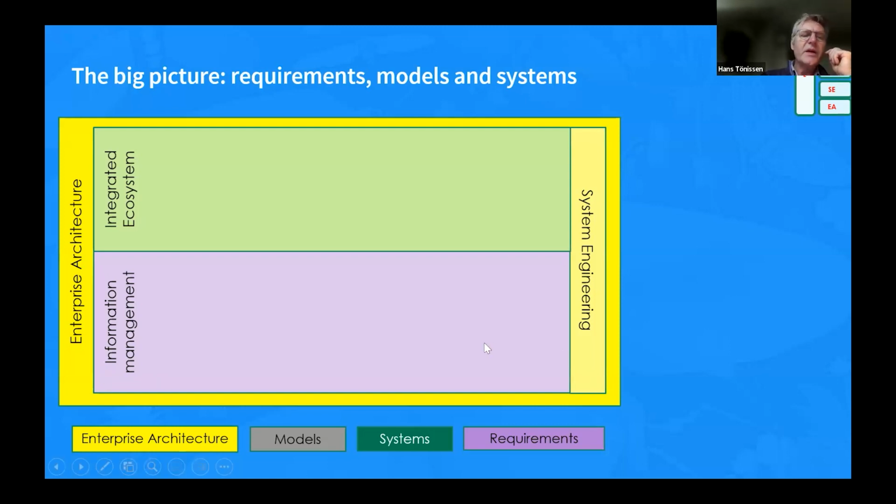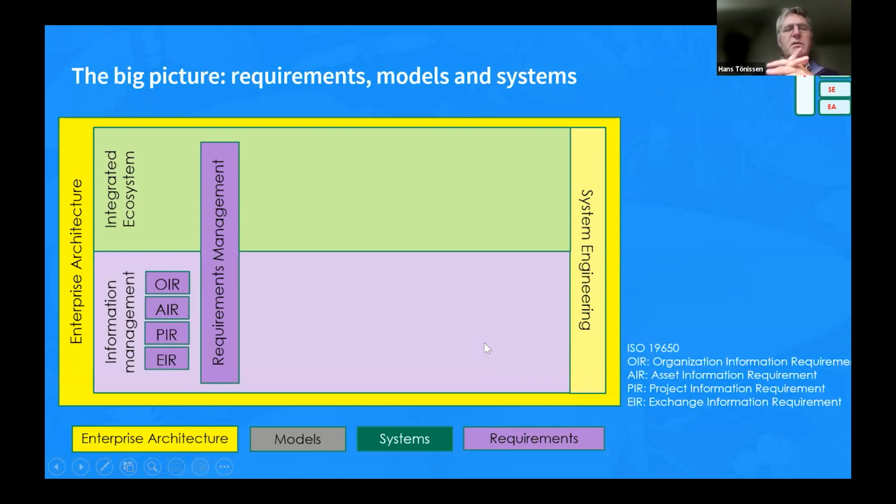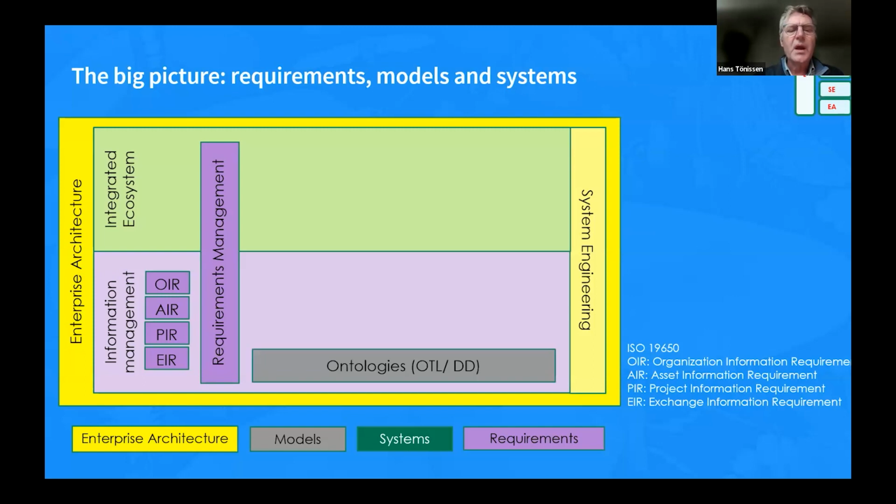Then you have the information management part with requirements management. This is the requirements management part for ISO 19650, with organization information requirements, asset information requirements, project information requirements. And that is all coming together in the exchange information requirements, where partners in the ecosystem talk with each other,